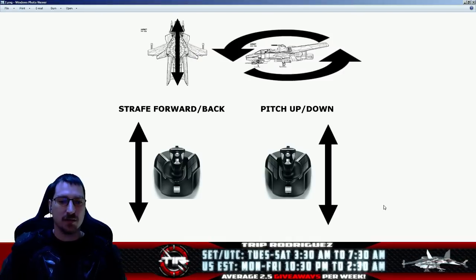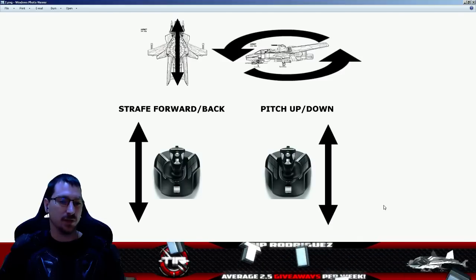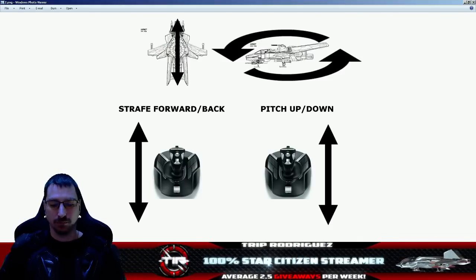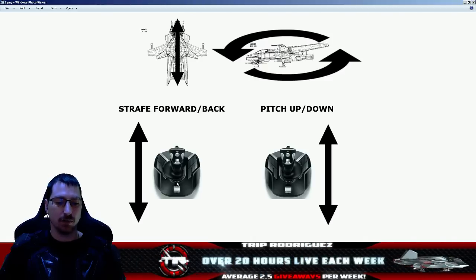So that's the setup that I recommend. It's the setup that I use. It's a whole lot more fun. It's a lot more immersive and very, very effective. So it's definitely a good way to go. For your throttle control, I actually recommend binding your throttle to this slider here on the back of the